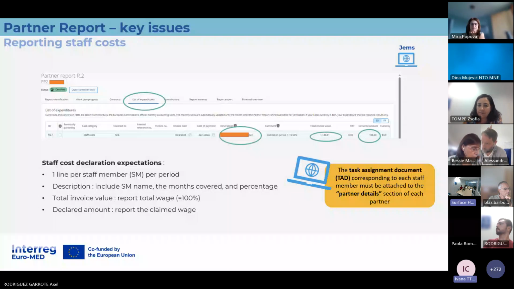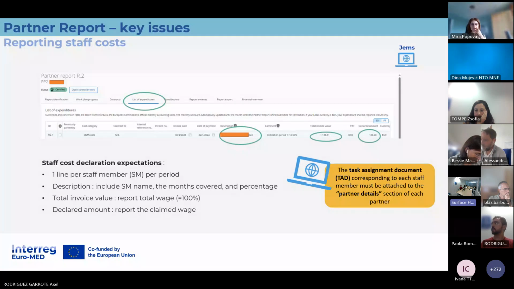So for title, we should put the location, for example, our office, and for first name, last name, the name of the project manager? No, the thing is, you have to put your beneficial owner if you are a private partner, in the same way that we were asking for the beneficial owner of the contracts. And you have to put the bank details of your organization, for the payment, yes.